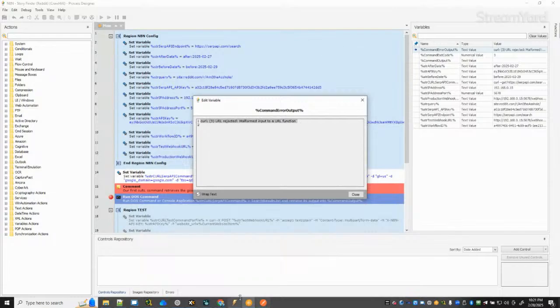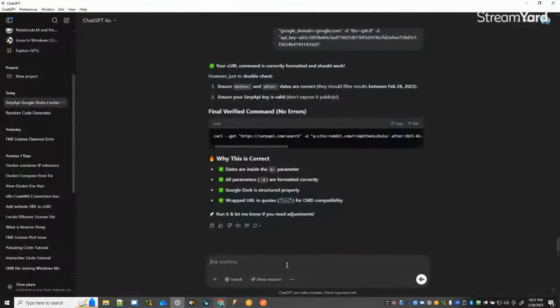So for that curl command, CMD gave me this error. Since I know this curl command is correctly working,